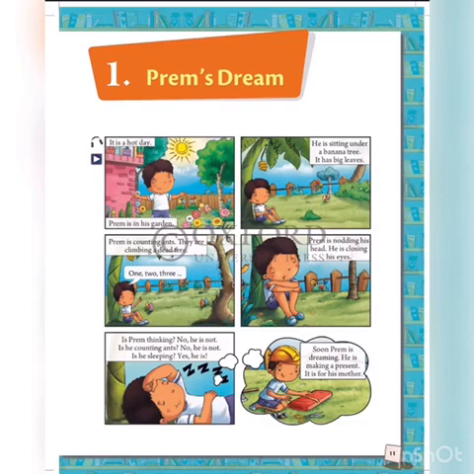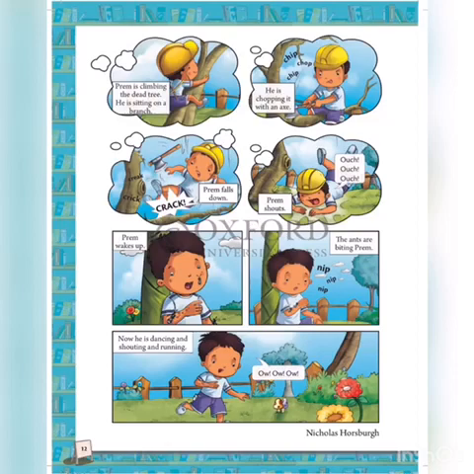He is making a present. It is for his mother. As you can see in the picture also, he is dreaming and he is wrapping a gift for his mother. Now on the next page, we can see Prem is climbing the dead tree. He is sitting on a branch.